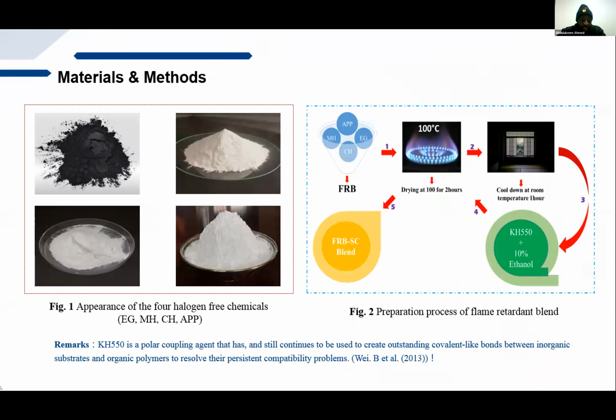So on the left in figure 1 is the appearance of the 4 halogen-free chemicals that were used: the expandable graphite, magnesium hydroxide, calcium hydroxide, and ammonium polyphosphate. And to prepare the